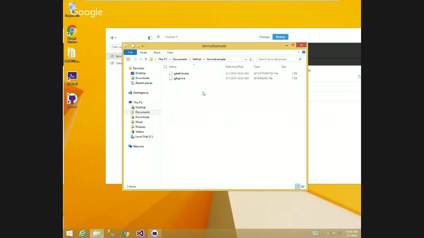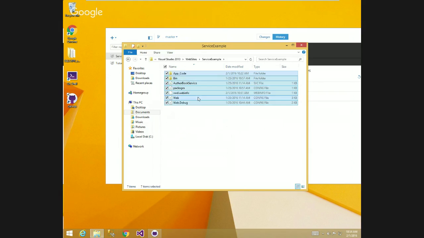So what I'm going to do is basically go back to Visual Studio 2013, websites, service example. I'm going to open that. Going to just copy all those files. Again, there's ways you can move them much more efficiently, but